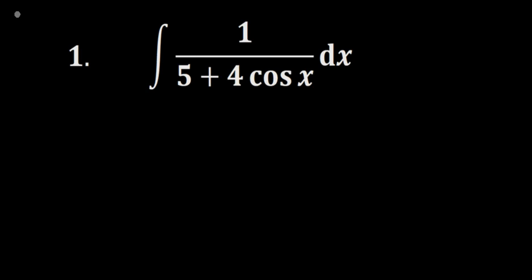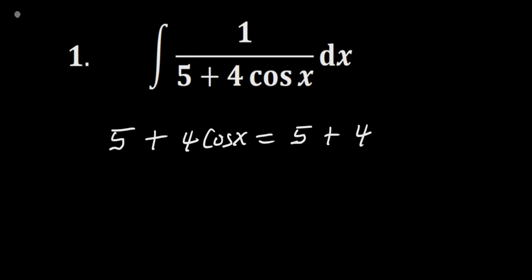All right, question 1. To solve this problem, first we have to work on the denominator, 5 plus 4 cos x. This will be equal to 5 plus 4